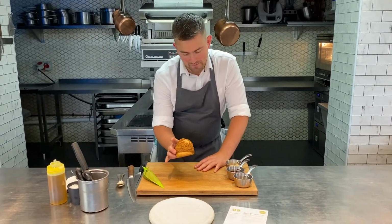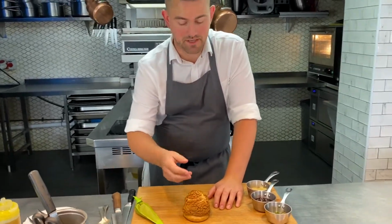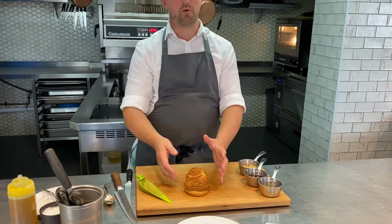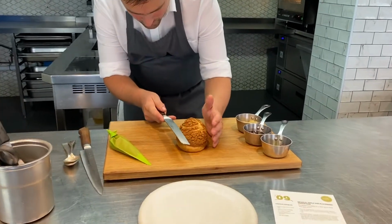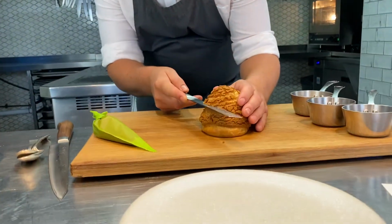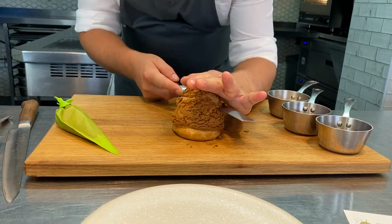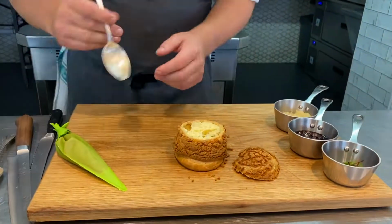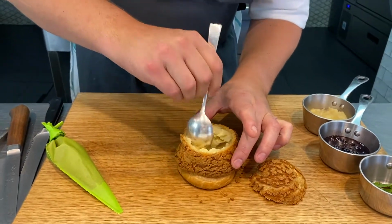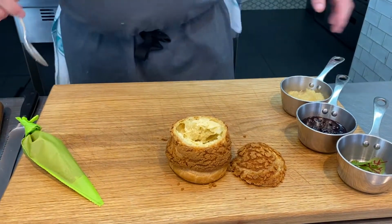So we've got a lovely Choux Bun dessert for you now. This is my Choux Bun here. It's got this lovely little crackle and glaze on the top. This has just been in the oven for about 2 to 3 minutes just to re-crisp it up, and most importantly, let it go cool. So take a serrated knife, and then all I'm going to do is slice, put your hand just on the top of the Choux Bun and carefully slice through it, okay? Like that. Just get a little spoon. See how airy that is inside,